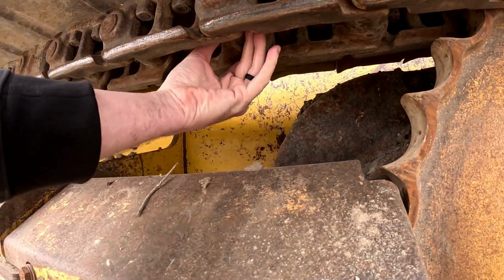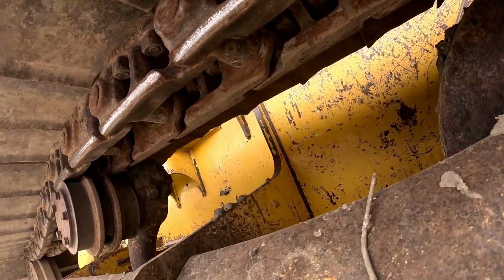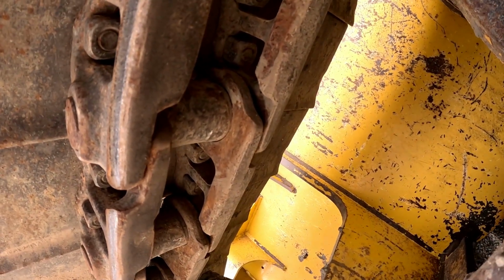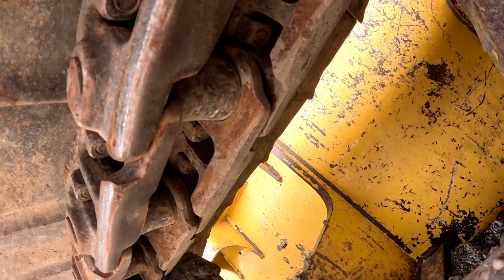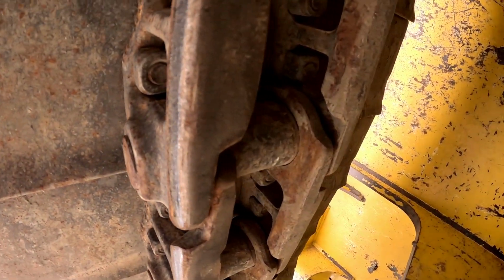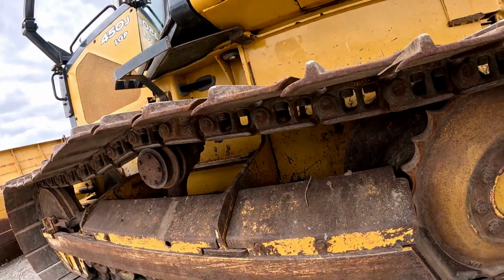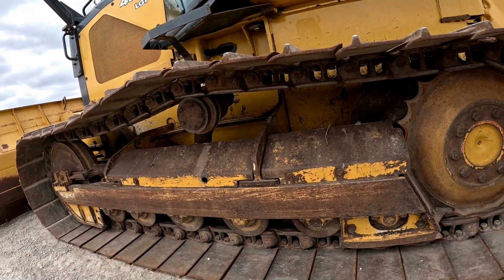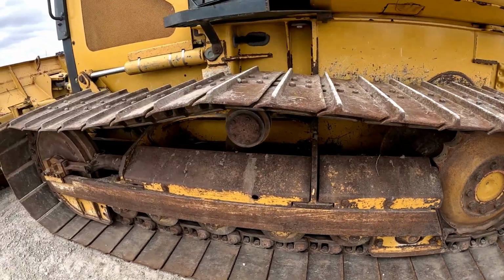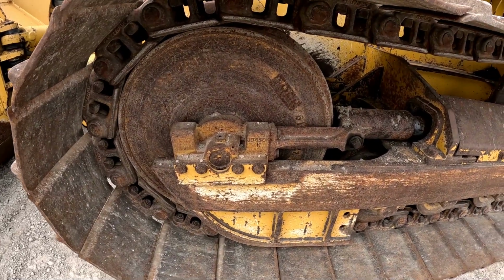And the pins, I'll try to get up underneath here. There's a little bit of a flat edge there on the pins. They're not awful, but there is definitely some flat edge on them. I don't know how well you guys can see that there. Kind of hard for me to get this camera underneath any farther. Side rail of the undercarriage here, everything looks decent. It's not all the way extended out. It's extended out some, but